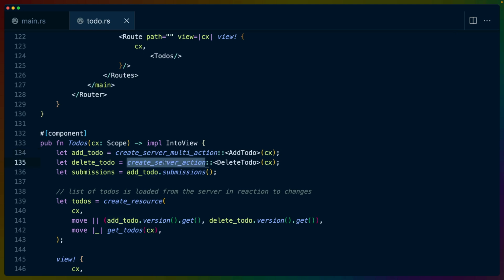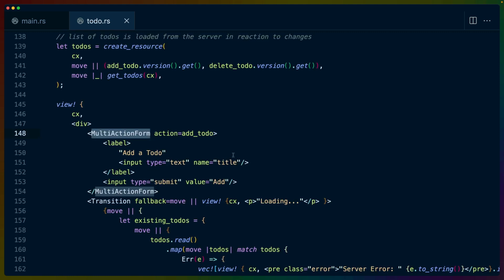Now, for the purposes of this video, create server action and create server multi-action, we don't need to care about the differences. So suffice it to say that we are creating this action that we can call to get the server code to run and get a response. There are two components that integrate really tightly with this functionality. So if we create a server action, we name that add to do or whatever else, we can use a